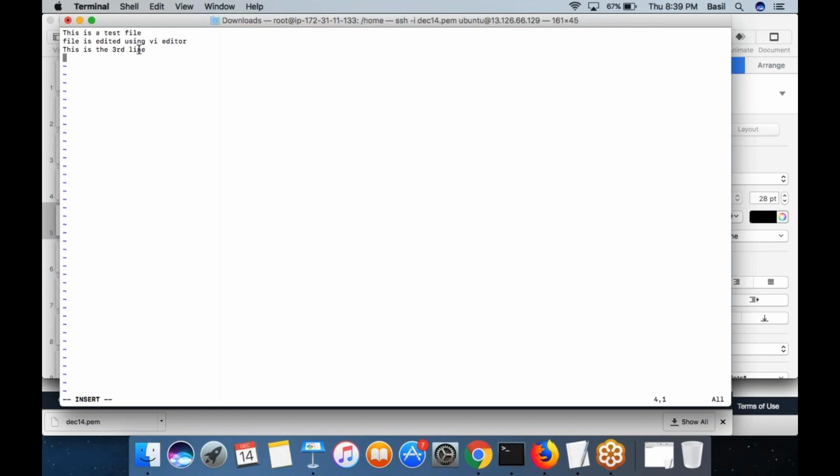Now I'm done editing this file. Now I want to save this file. First thing, press the escape button, then the insert mode will go off. I press the escape button and the insert is gone. Now the file is in read only mode. Now I can run some commands inside the VI editor. w is one command I can type that would save the content.